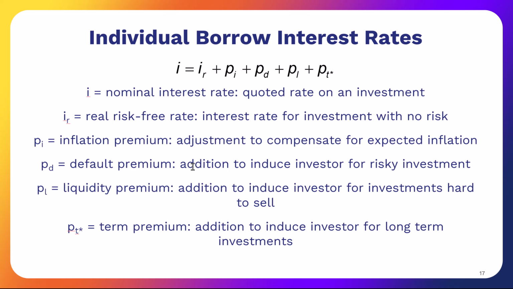What about default premium? What's the chance that the company will default? Well, we know that the United States government cannot default, so its default premium would be 0. However, there could be companies that have an extreme amount of debt that makes them very risky. The amount of risk you have, the potential for you to go bankrupt, would have influence on how big this premium is.